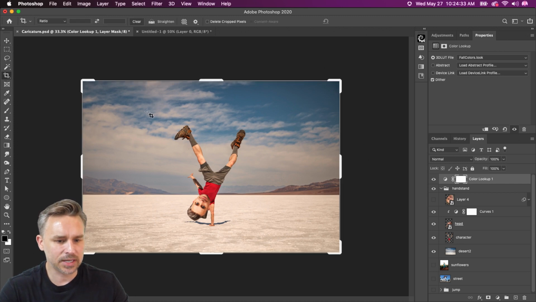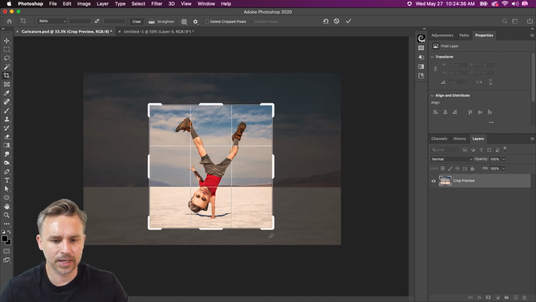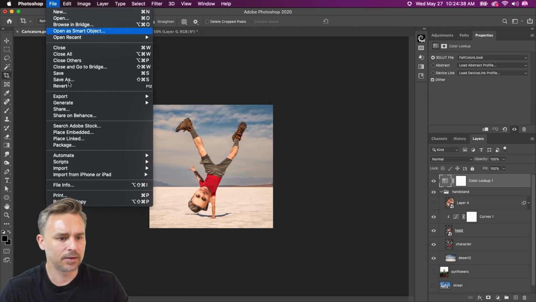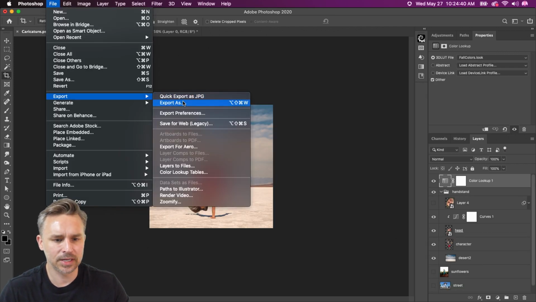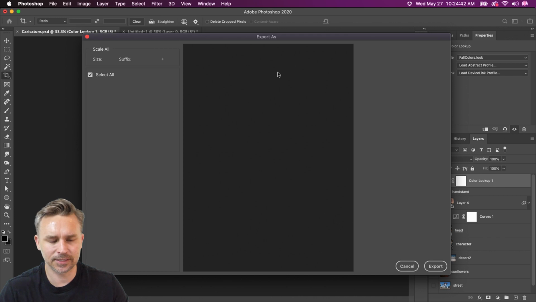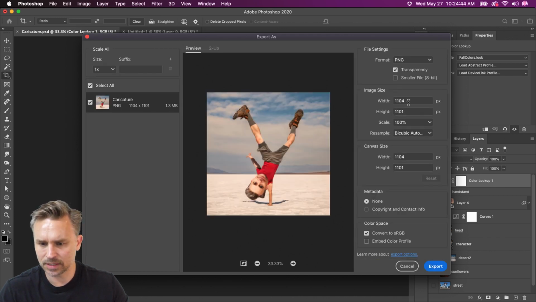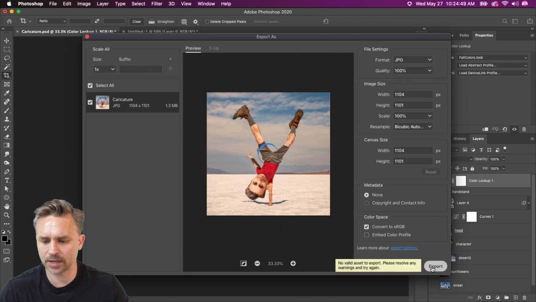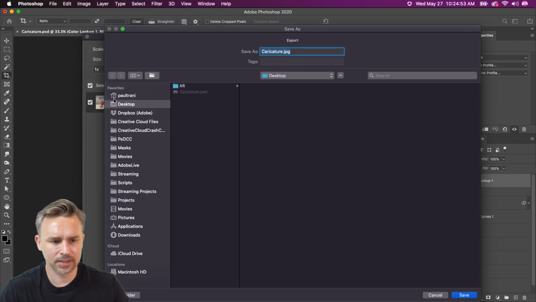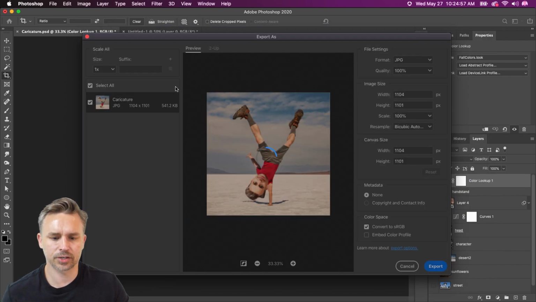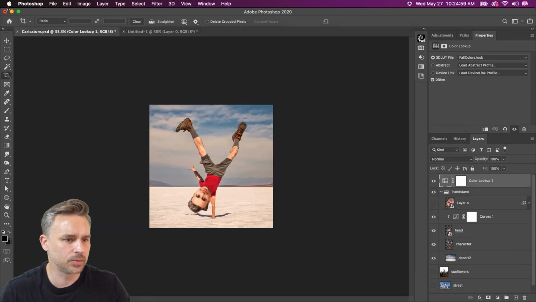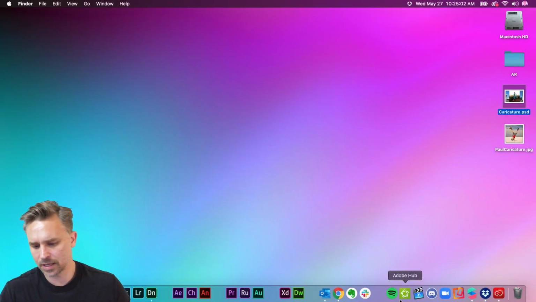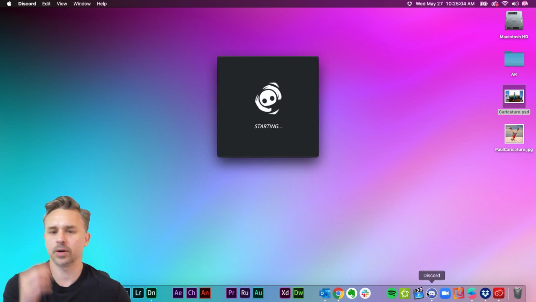Lastly, I'll just take the crop tool and I'll just crop like so, hit enter, file, export as JPEG. Checking the size, that's pretty good. Let's export this as a JPEG to my desktop. This is Paul. Caricature, just for fun, just doing a wacky kick, and then open up Discord, post it to Discord,